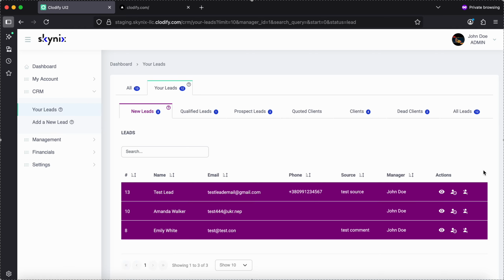And now we can see, like, this is the page CRM, your leads. Here in your leads section of admin user, we can see new leads here, and here our test lead, email, phone, source, manager, John Doe. We are John Doe now, and we can check